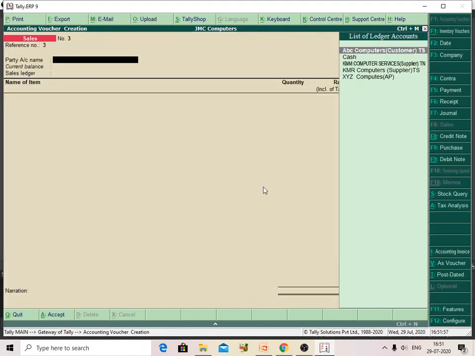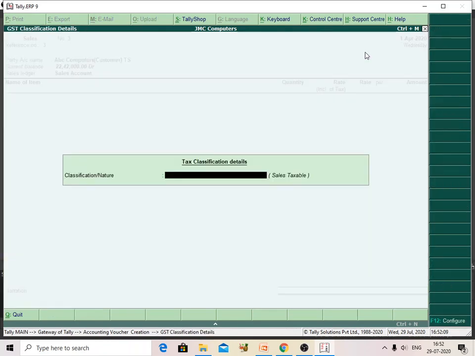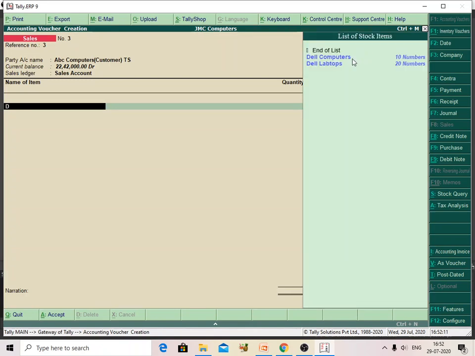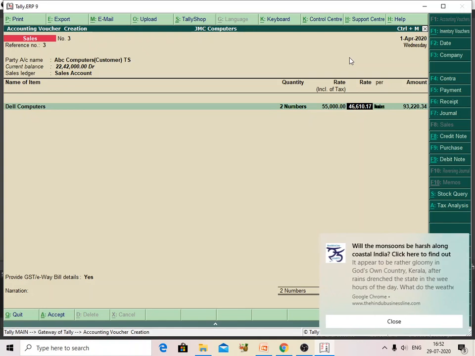So here I will show you my customers are in Telangana. It is sales. I am going to sell 2 computers here out of 10 available, and here the tax rate is inclusive of tax. Okay, the inclusive tax rate I will give as 55,000. So it is automatically adjusted. So the inclusive of tax rate is automatically